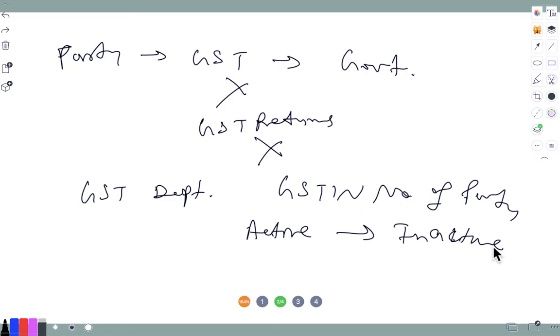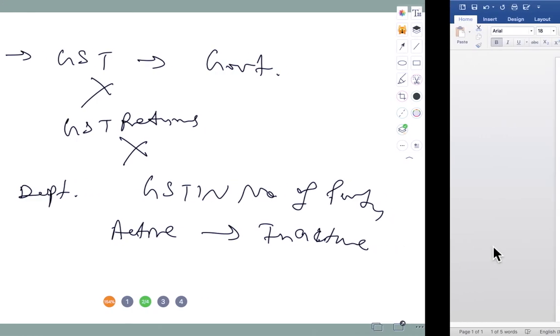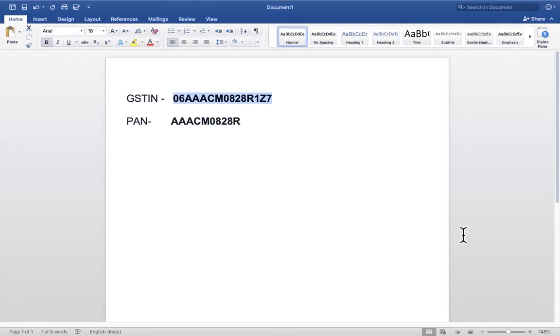We can check the status of a party at the GSTN portal. There are two methods for this. In the first, we have only the PAN number, and in the second, we have only the GSTIN number.